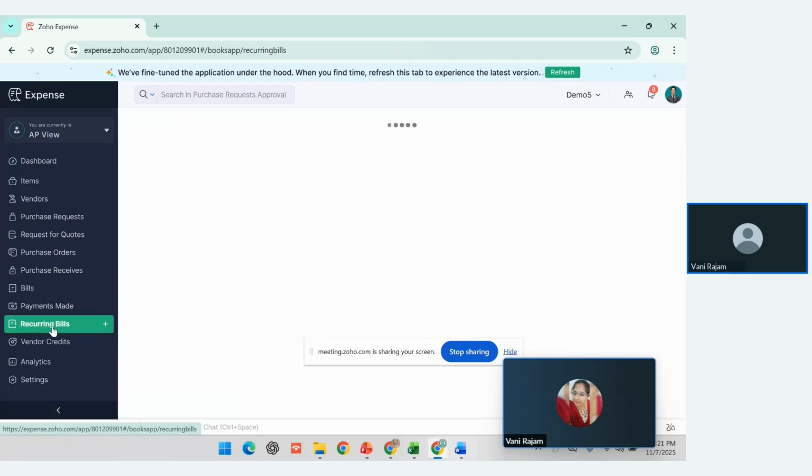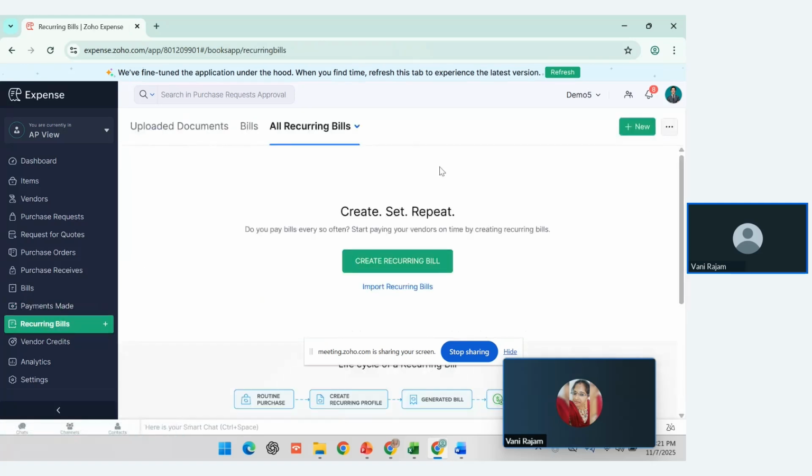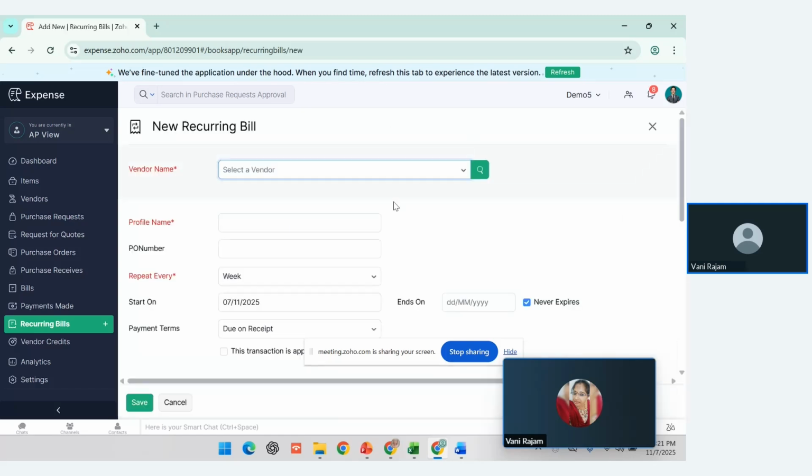Next one is recurring bills. Recurring bills are nothing but repeated bills, like your rent, internet payment. All those expenses will come under recurring bills. Once you set up the recurring bills by setting the start date and end date in this,